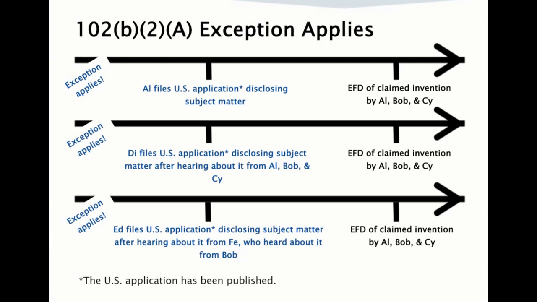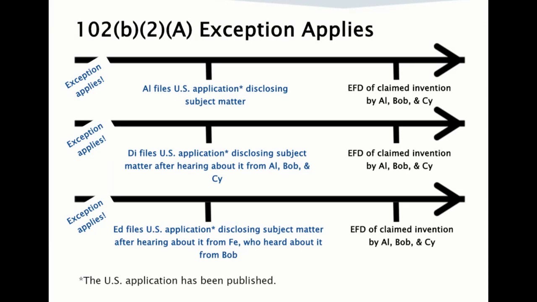and Cy. In the second illustration, D is not a joint inventor of the application under examination, but she did obtain the subject matter directly from the inventor. Therefore, the exception under 102(b)(2)(b) applies, and D's earlier application is not prior art as of its filing date to the invention claimed by